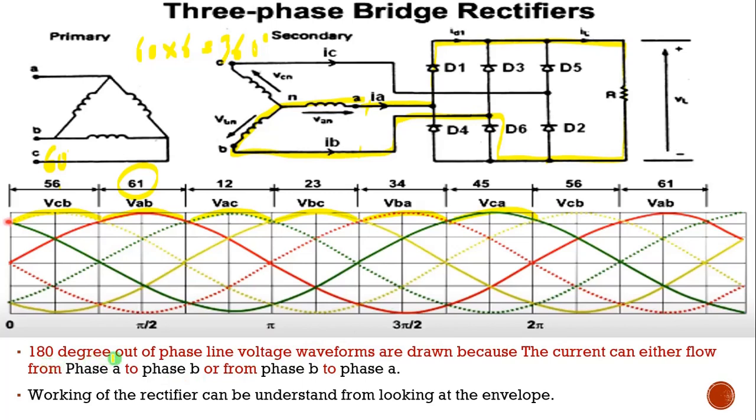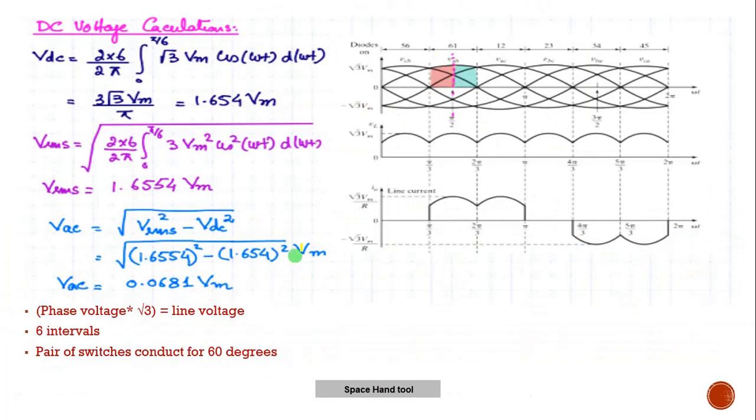The 180-degree out-of-phase line voltage waveforms are drawn because the current can flow either from phase A to phase B or from phase B to phase A. Because of that, the 180-degree phase shift lines are also drawn, and the working of the rectifier can be understood by looking at the envelope. The envelope is the envelope of the line-to-line voltages. And coming to the